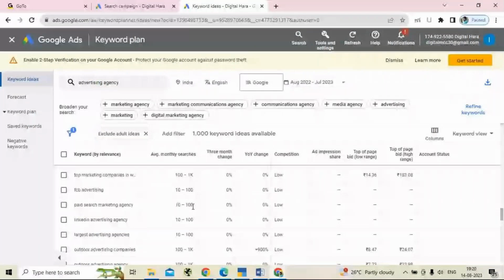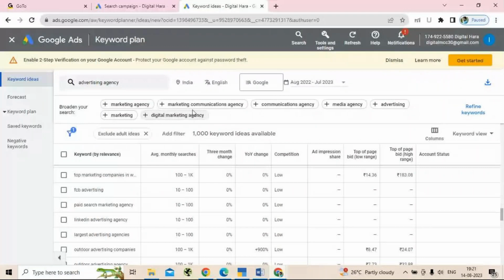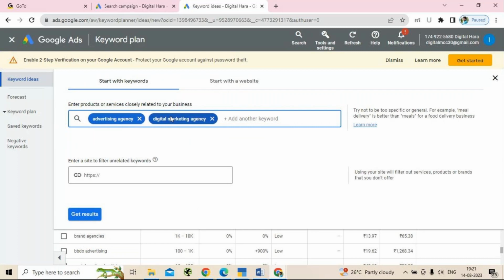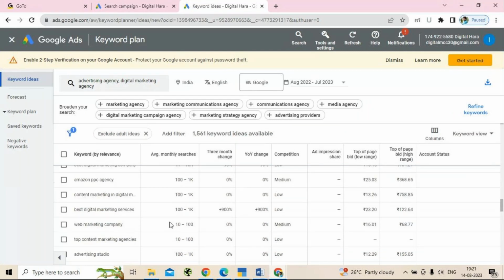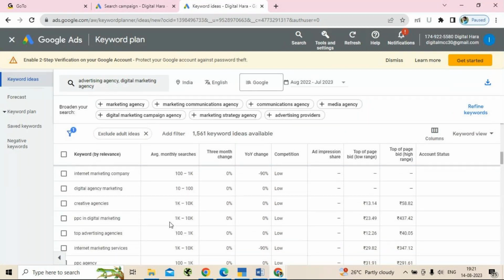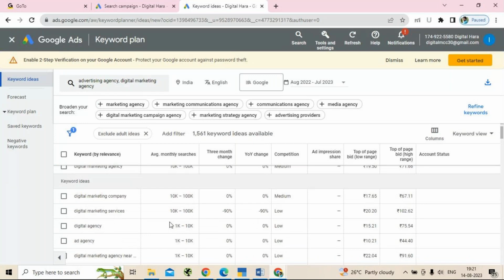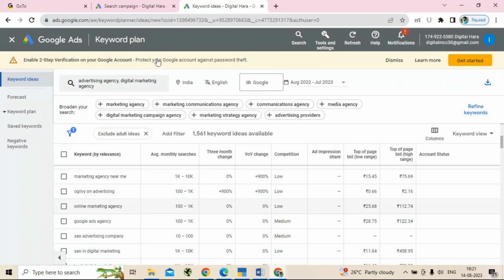So you can have a search over here, and it is not only with one word that you can use it. Here it is going to give you the option as digital marketing agency. You can give multiple words and check the results. Okay, so this is one way. The other way is,